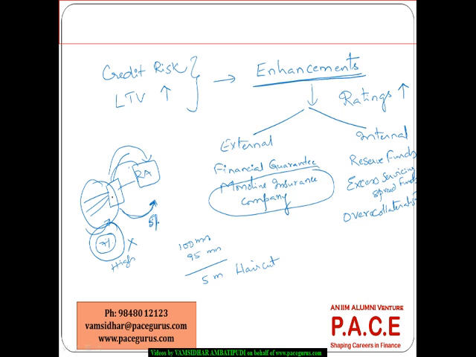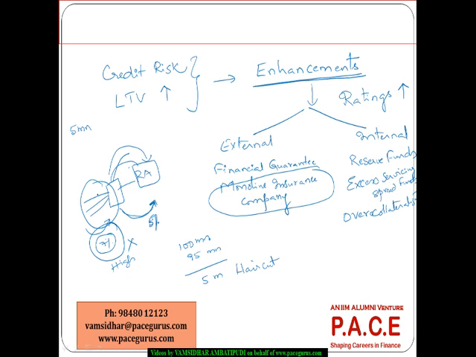Because of this, in case defaults occur, right? In case defaults occur even to the extent of 5 million, no problem. Because the typical liability towards the various MBS investors is only to the worth of 95 million. So with a 5 million default, no one is absorbing the losses. Only anything beyond 5 million will be absorbed by the investors.